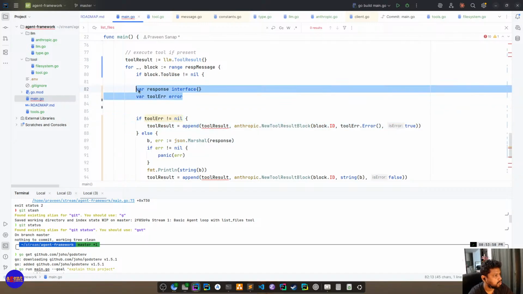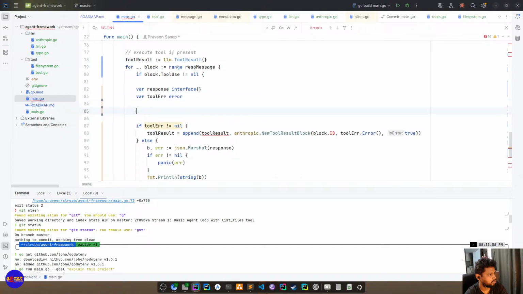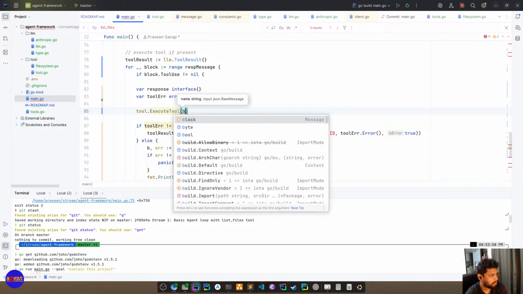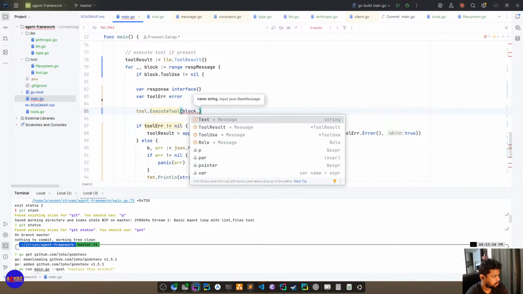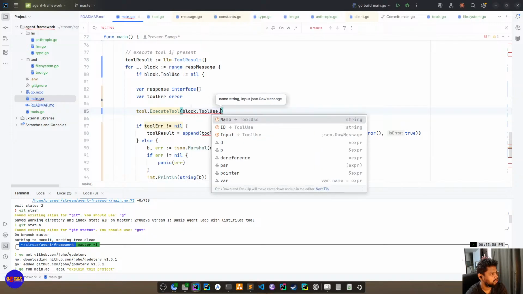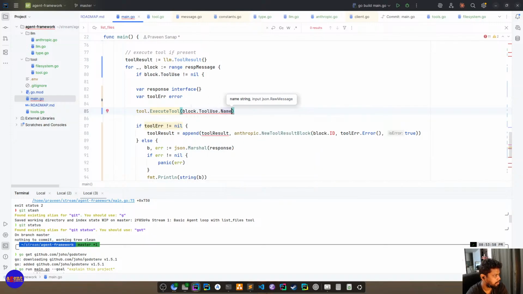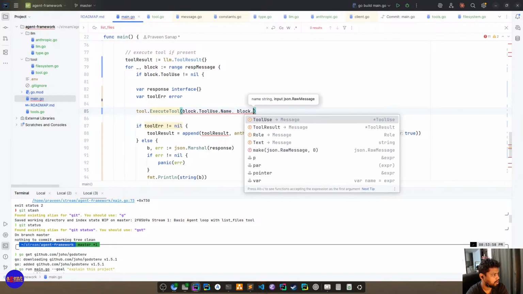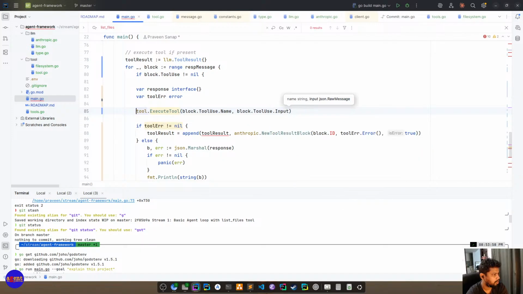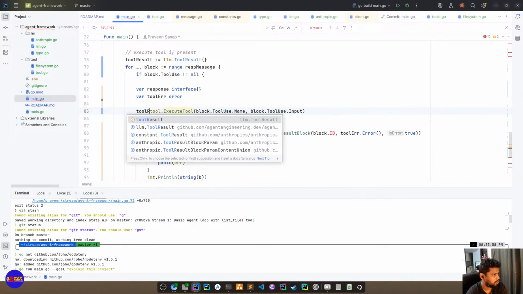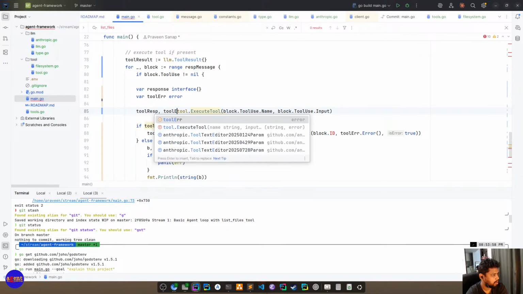So let's do tool execute tool, log start name, to response and error.